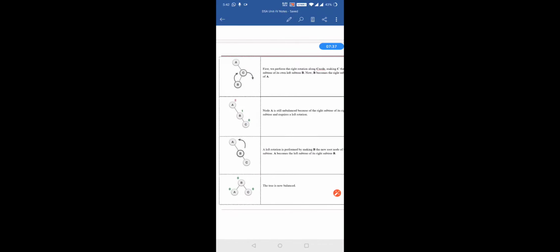So for balancing the tree, AVL is responsible for the height balanced tree, and whenever there is an unbalanced tree, by the four rotations we can balance the tree, that are LL, RR, LR and RL, where LL and RR are single rotations and LR and RL are double rotations.